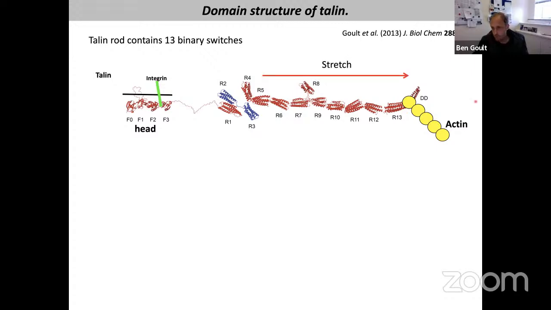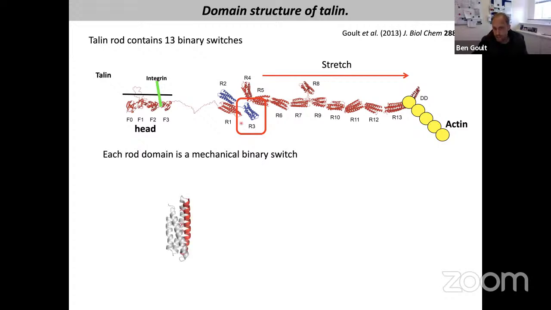And once you pull on this, these are all experiencing forces by the cell pulling on it. And the reason, if we just take how we first came on this third domain, we'll just focus on one for this slide, then this looks like this. It's a 4-helix bundle in the absence of force. It folds up into these helical bundles. But when you pull on it, it transitions between a folded state and an open state.